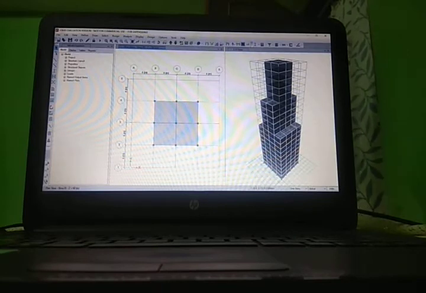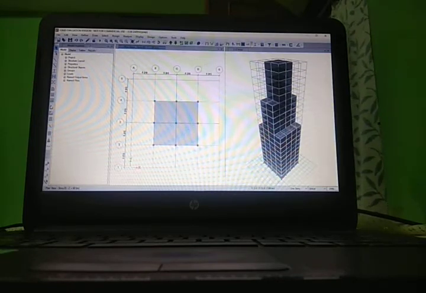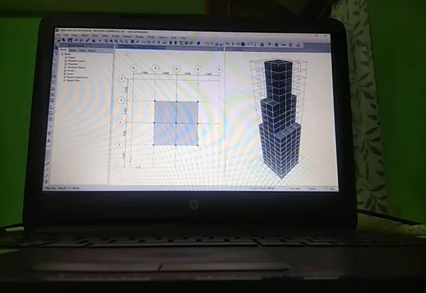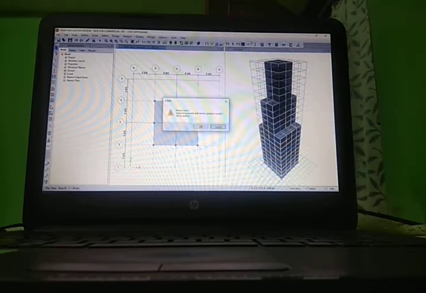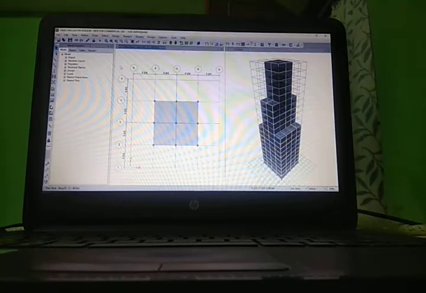This is the plan of the building which we have designed for dead load and live load. Now we will be designing it for the seismic load also. Since we have run analysis on this, the model is now locked. We will unlock the model, and after this we will be using the seismic analysis,